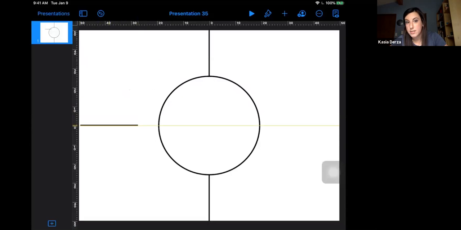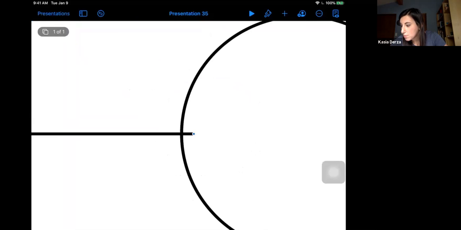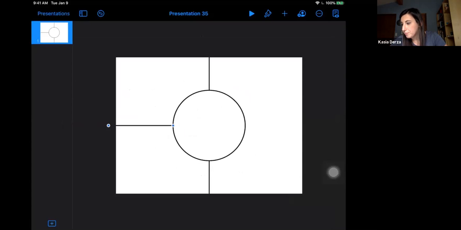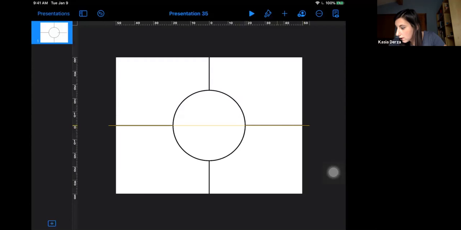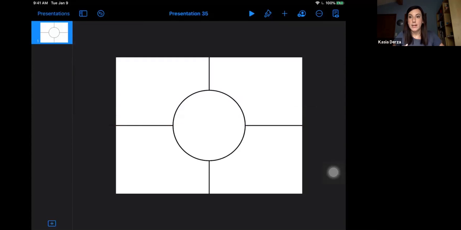And I'm going to see, there's the yellow line, that's the center. And it's too big. I'm going to zoom in a little bit with 2 fingers, zoom out. Perfect. And it can actually stick out on the side a little bit, that doesn't matter. And then I'm going to copy this one. So tap on it, copy, and tap anywhere else on white and paste it. Make sure the yellow line is on. And there we go. I have my setup for how I'm going to have my book report